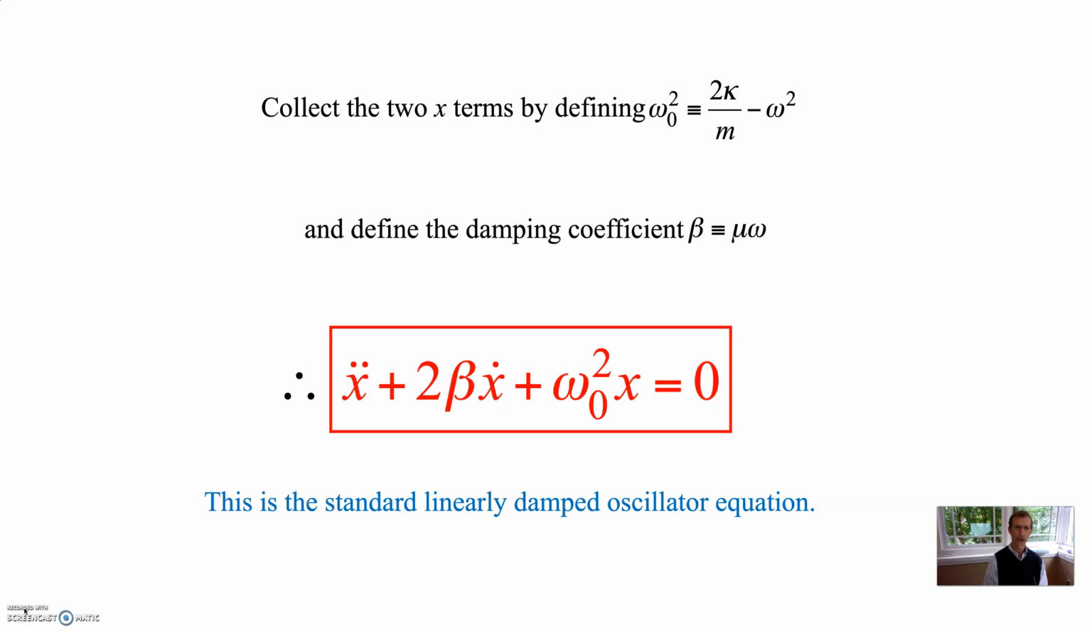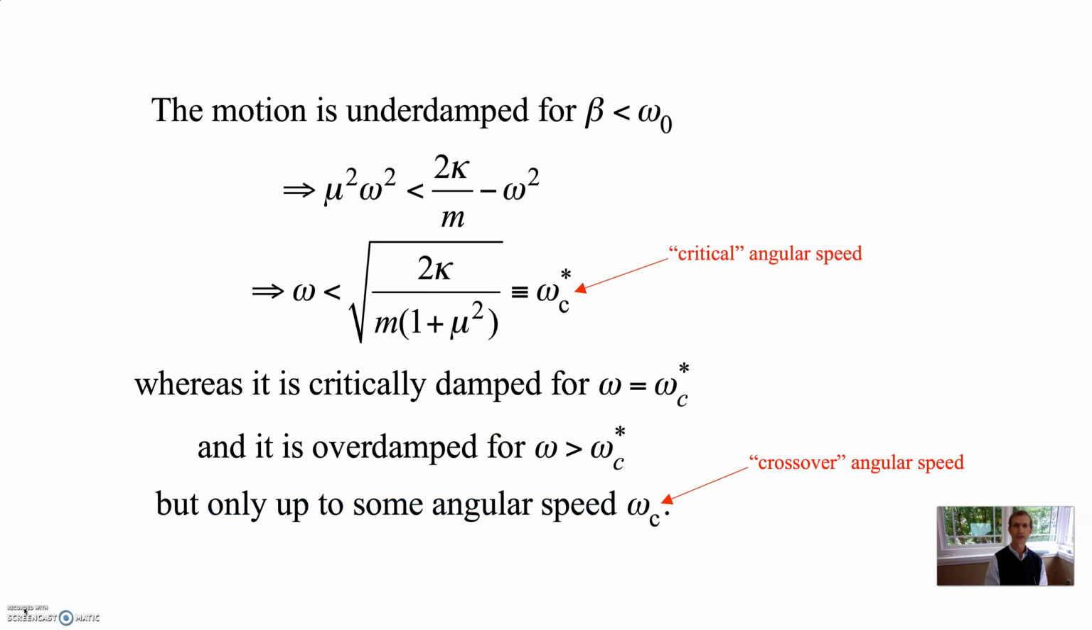And you'll notice that this is the standard form of a linearly damped oscillator equation. So we know how to solve it. In particular, whether we get under, critical, or over damping depends on the size of beta compared to omega naught. So if beta is less than omega naught, then we have weak or under damping. So if we go back and substitute in what our expression for omega naught is, we will find that omega